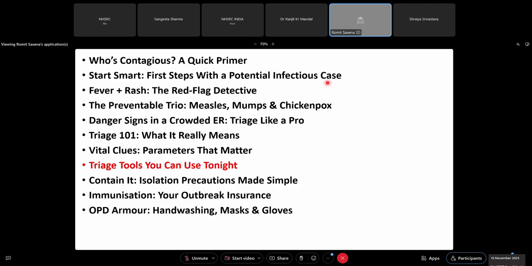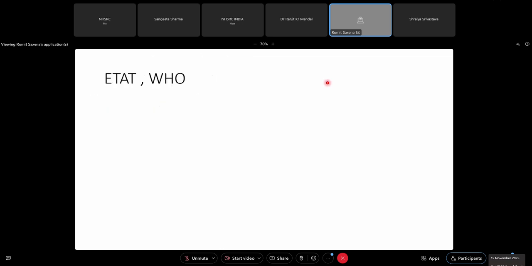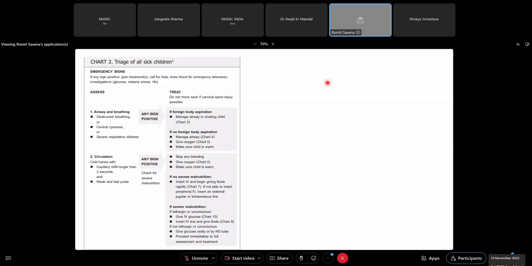So understanding that, there should be a simpler way. I can't go whacking my head every time. There should be some kind of a tool which will help me identify these sick patients. Yes, a lot of studies have been done. WHO has a tool called Emergency Triage and Treatment, which will help you identify any such disease which comes to you. Irrespective of whether it is communicable, viral, foodborne, droplet borne or airborne, your initial intervention will be almost common.